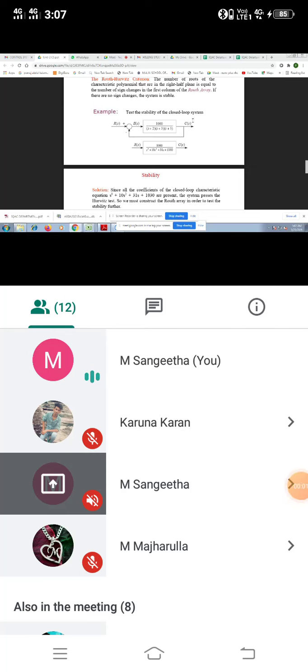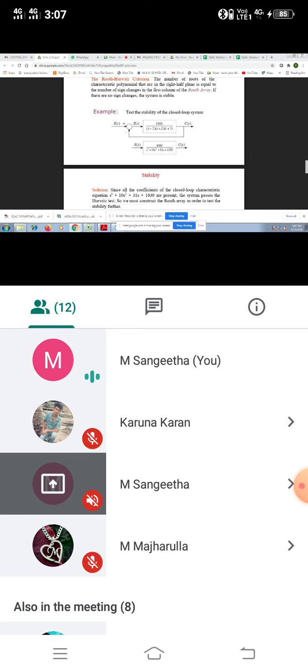One controlled output, one summing point. The summing point always can receive the input feedback error signal. Okay. Direct formula is C of S by R of S equals 1000 by S cube plus 10 S square plus 31 S plus 1030. This equation is obtained by multiplying those three factors in parentheses.